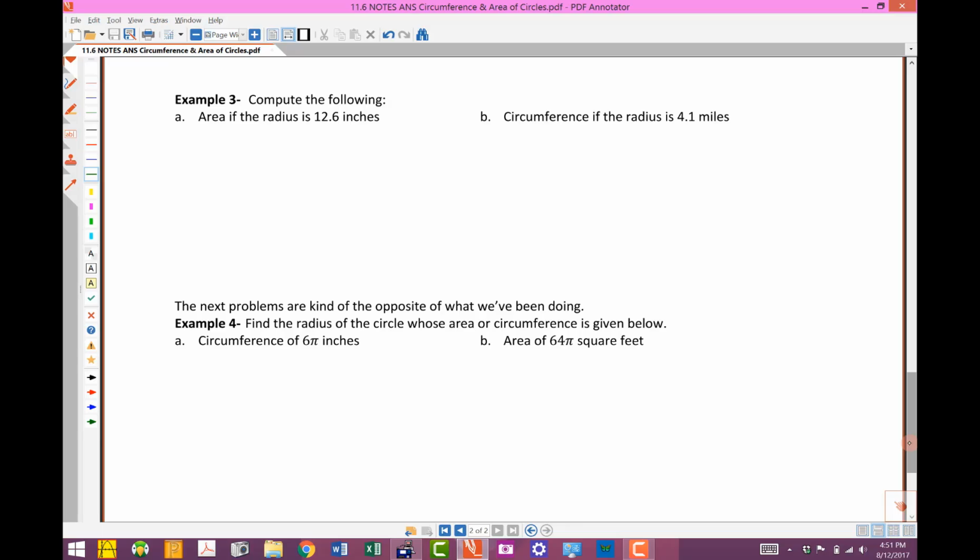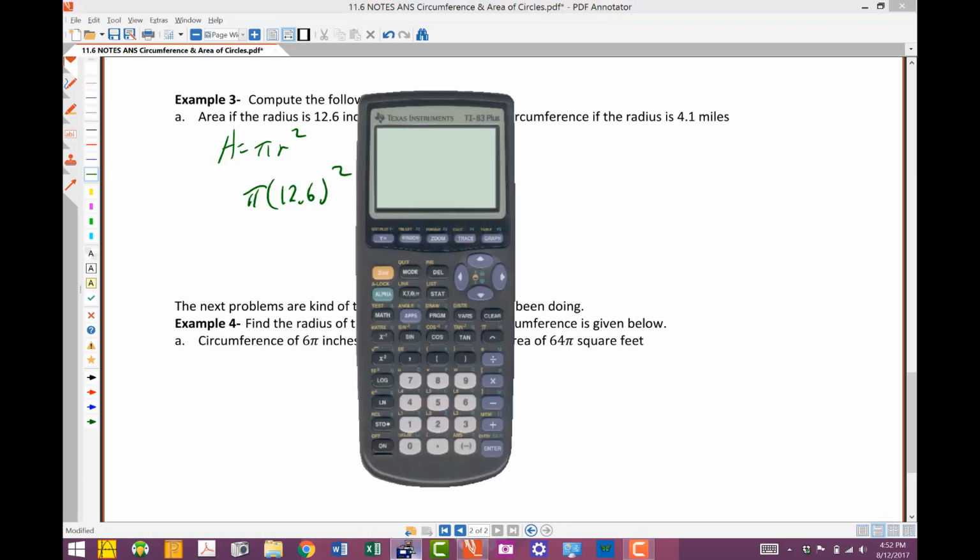So example 3, it says, compute the following. So compute the area if the radius is 12.6 inches. So we're going to be using an area formula, so let's write down what that is, pi r squared. And it says figure out the area if the radius is 12.6 inches. Well, this is the same as the other side, they just didn't give us a picture. So it's going to be pi times 12.6, and we're going to square that, so we'll grab a calculator. I'll clear this off, we're going to do pi, however you need to bring that up on your calculator, 12.6. I'm going to square that, and we end up with